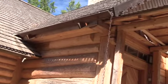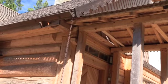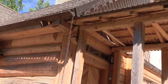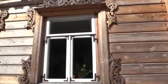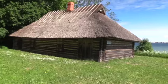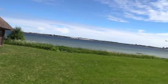Kind of a gutter. What's interesting, are they using that chain to prompt the water to flow straight down the chain into a drainage area? We'll enter this, what appears to be a totally newly constructed barn. Relatively modern windows with views of Tallinn off in the distance. As I pan to the right,